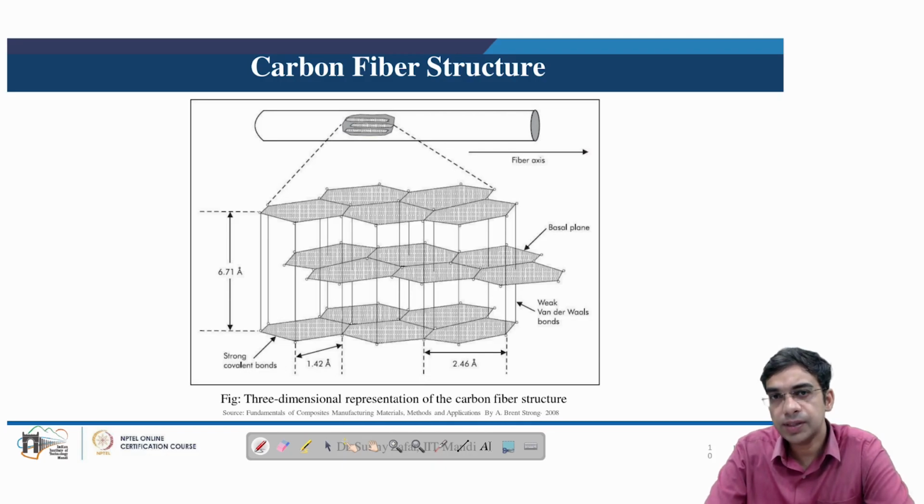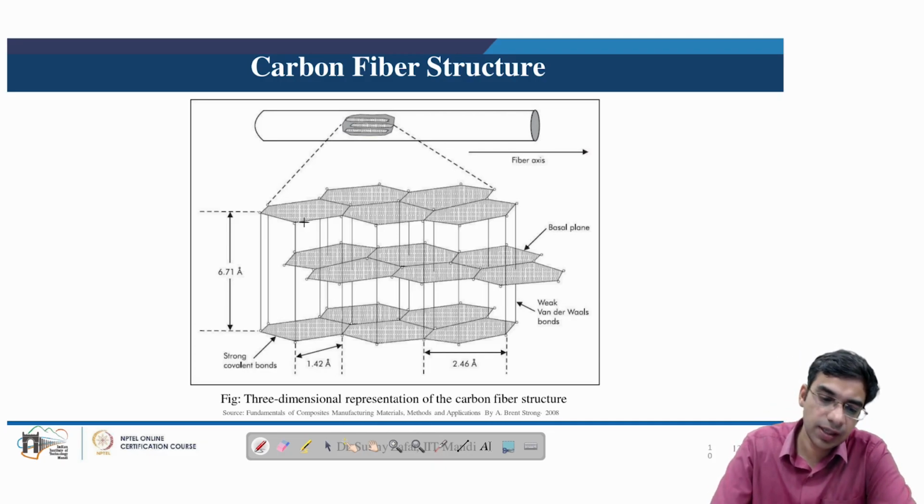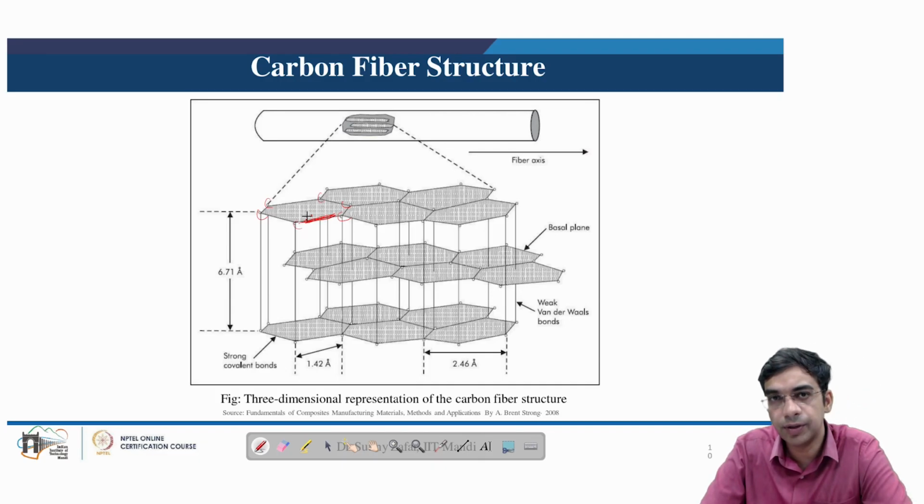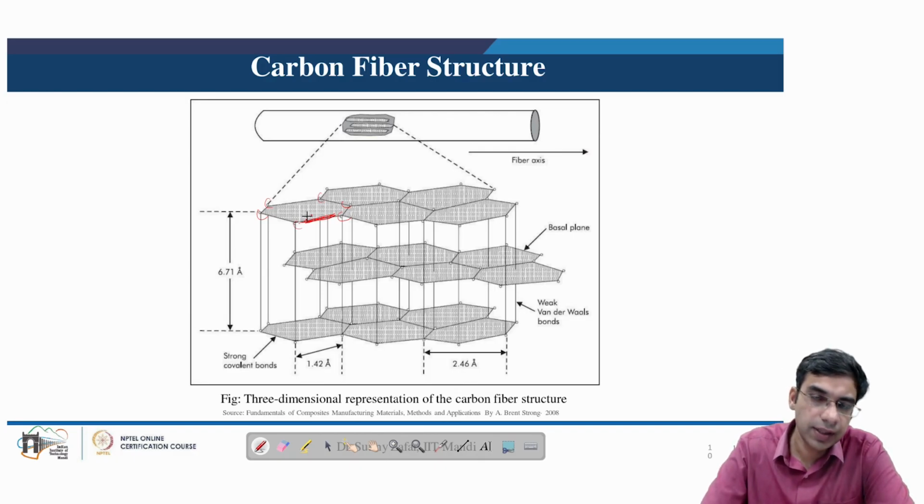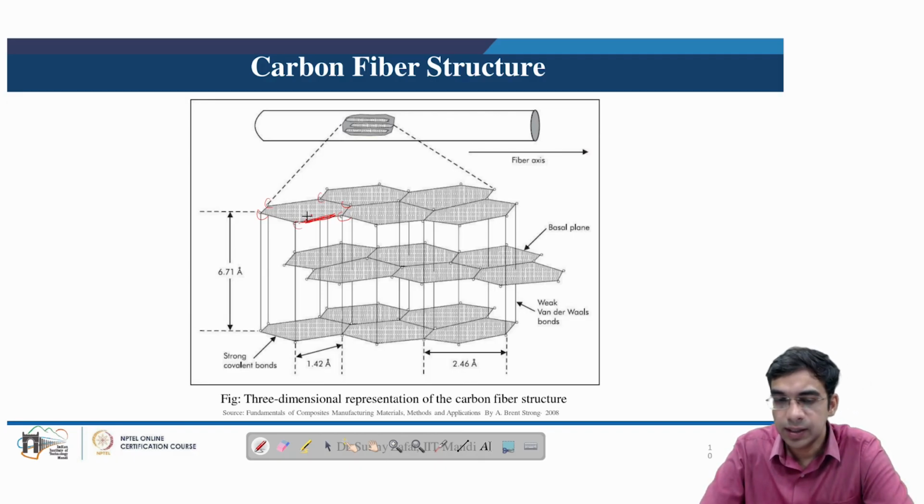Carbon-carbon bonds, as we know, are one of the strongest bonds in nature. Along with the presence of carbon in the form of this graphitic atomic structure, as shown here, these graphitic rings offer very high strength because of the strong covalent bond between the carbon atoms. These carbons are present in the graphite here, and the bond between each of these carbons is a very strong covalent bond. This is also coupled with the interatomic spacing of the basal planes of the graphitic atomic